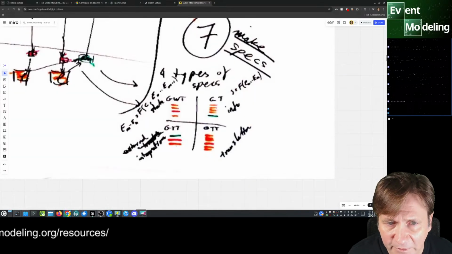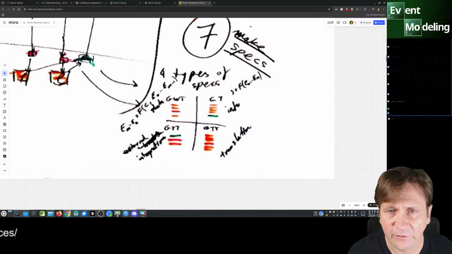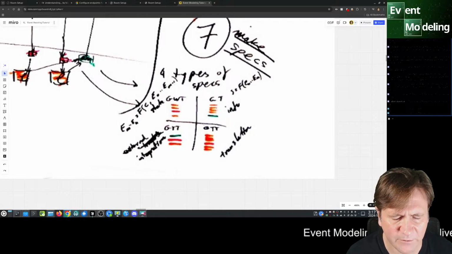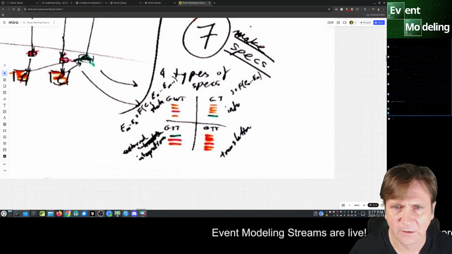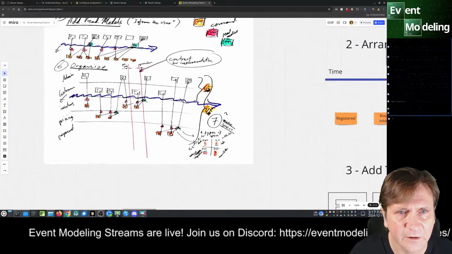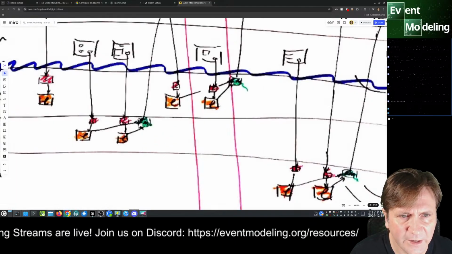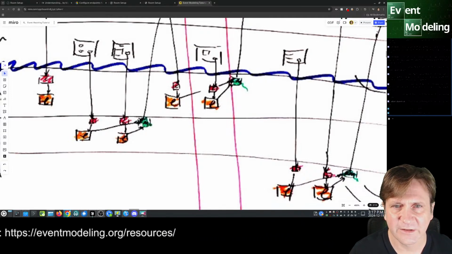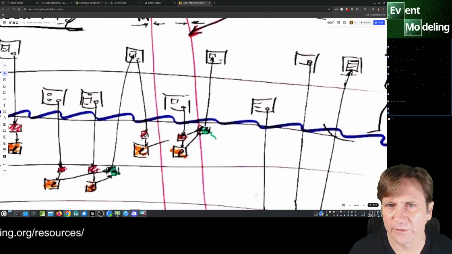Yeah, see at the very beginning, the 4 types of specs, being very, very generous here, at the Event Storming Summit in 2018. This is only 2. Simplify, simplify. Right? We still had red commands back then, that's funny. You know, we still had this pattern everywhere here, which is fine.